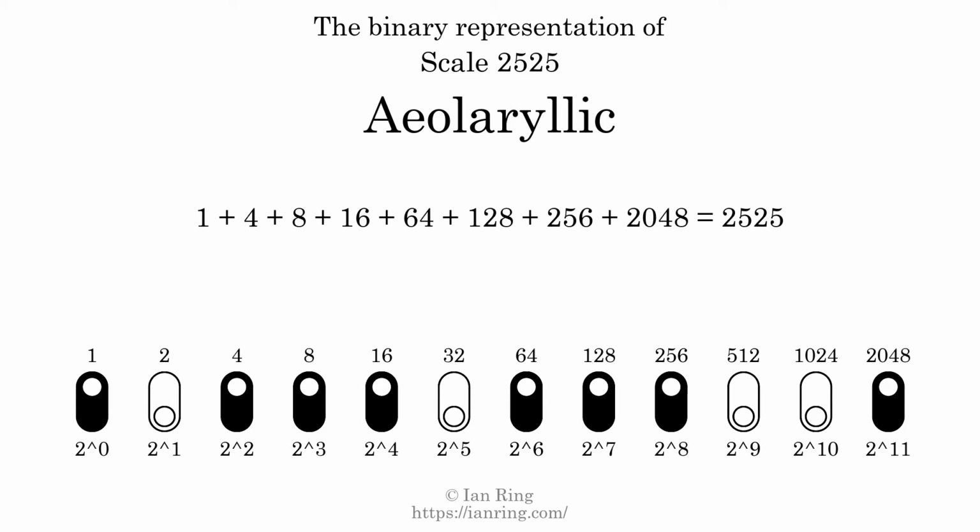That is why the scale number, in decimal, is 2525. The scale number not only enumerates the scale with a unique index, but it also literally describes the tonal content of the scale. Represented as a binary number in base 2, the scale number is